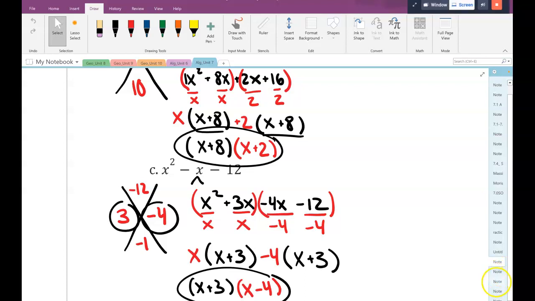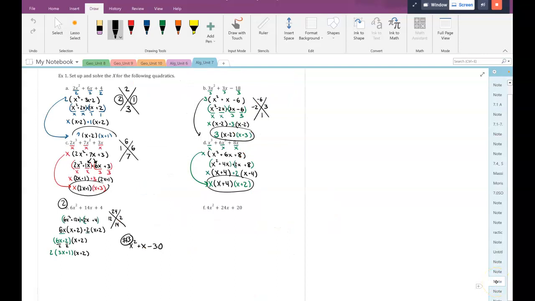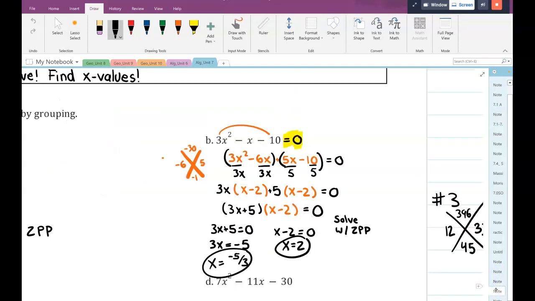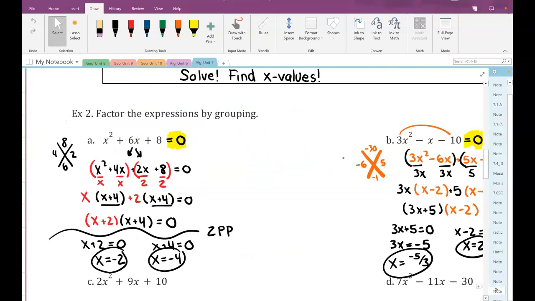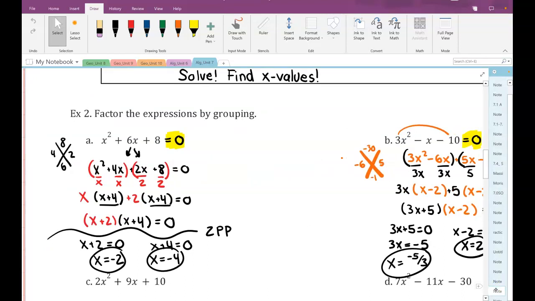We go back to what we did yesterday. Our A term is 1. On either side, we have a positive 4 and a positive 2. Our factors end up being positive 4 and positive 2. So I don't even have to do factoring by grouping if I remember that pattern. When my A term is 1, it's just the two numbers that are on the side of my x. So that leads me to know that